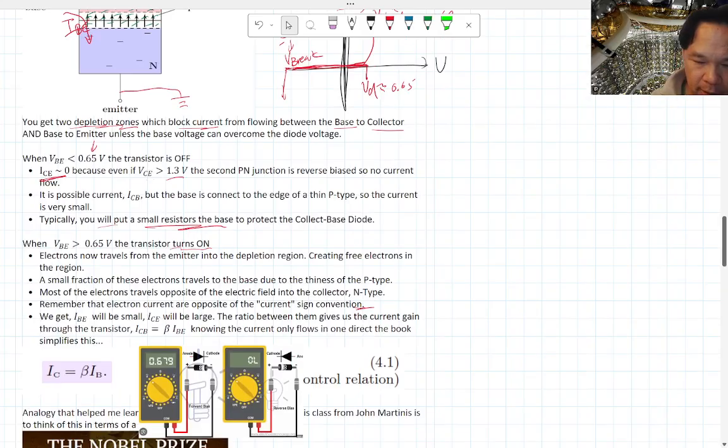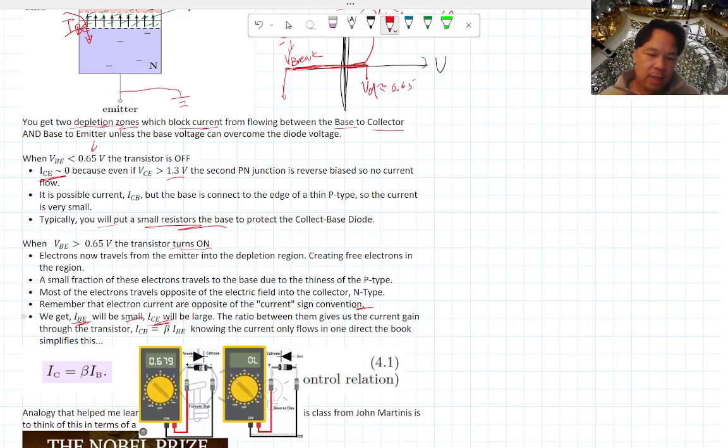So we get a little bit of base emitter current that is small, and then we get a much larger collector emitter current. In fact, this is known as the current gain of the transistor,